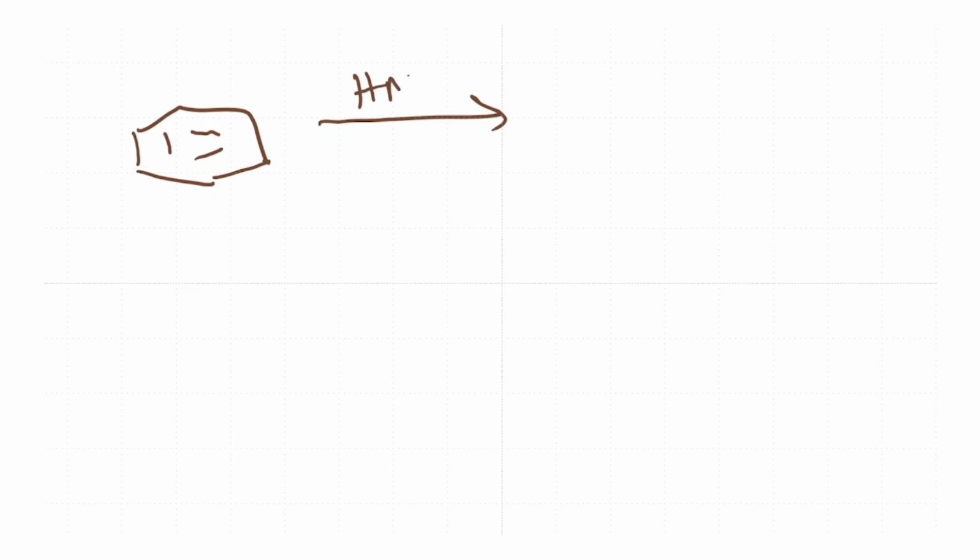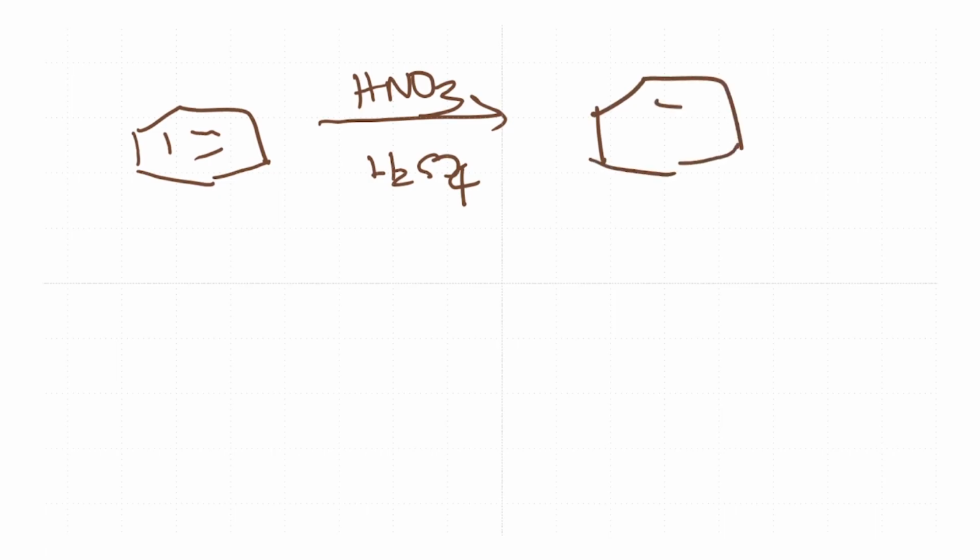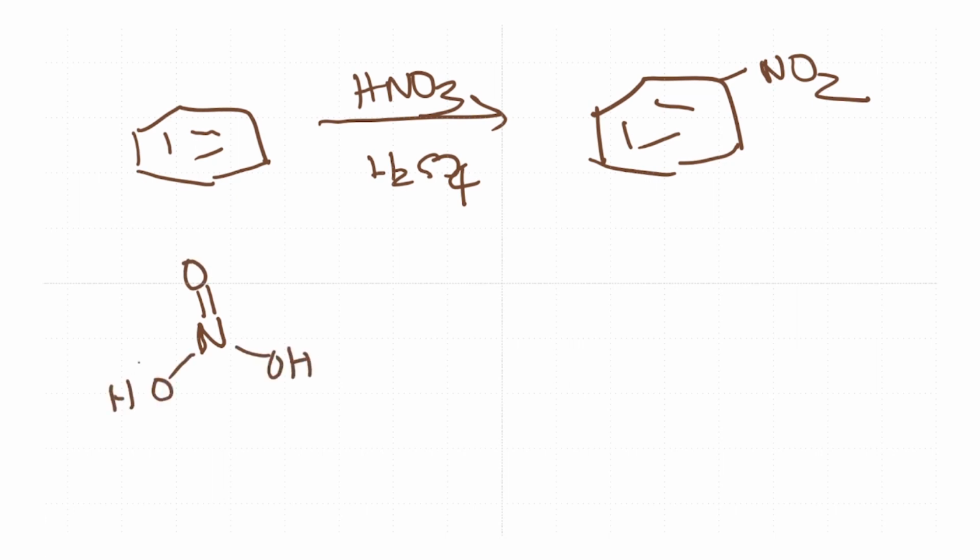When we add HNO3 and H2SO4, the product that we get here is nitrobenzene. Let me just quickly write out the structure of HNO3. All right, now what happens is that this picks up a proton, likely from H2SO4,